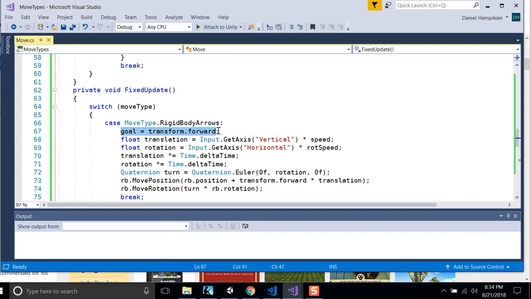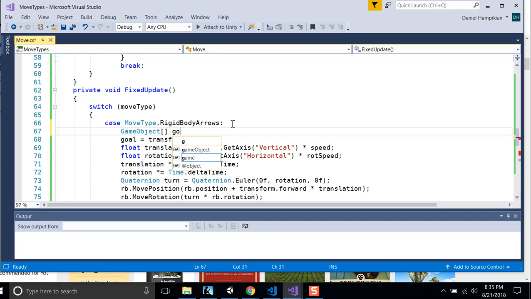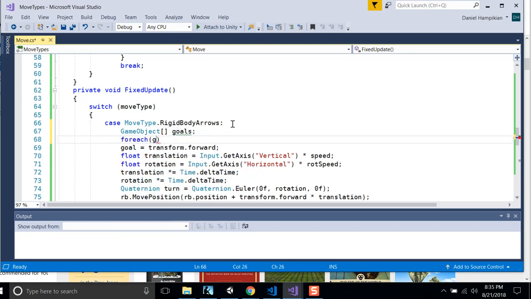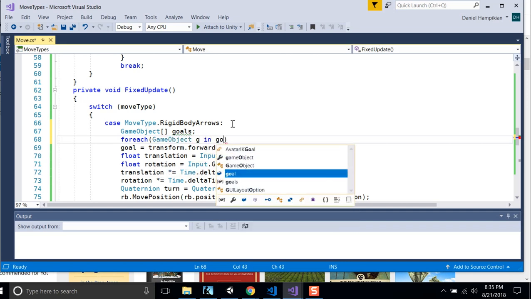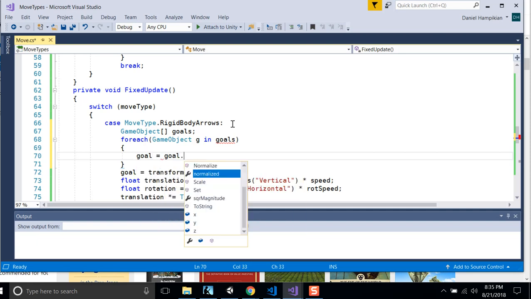So just as we have a goal, which is our transform forward, that goal could be an array of game objects, and we could be going through each game object G in goals,